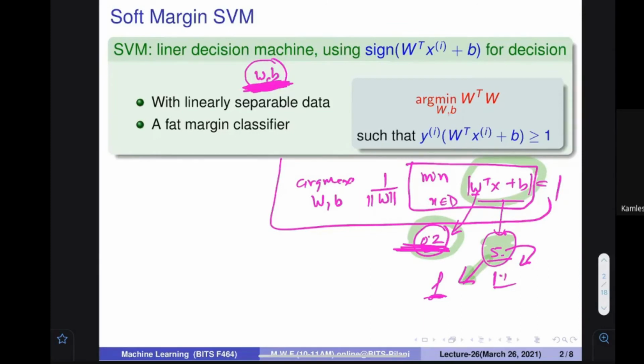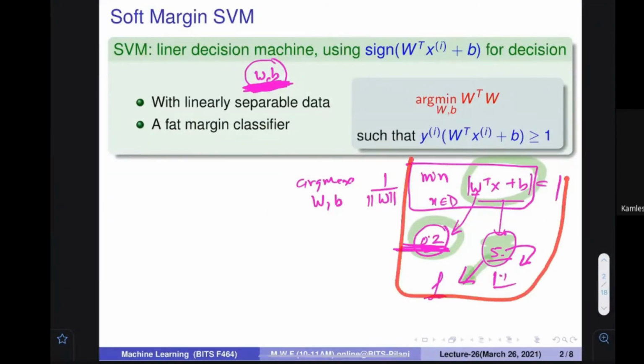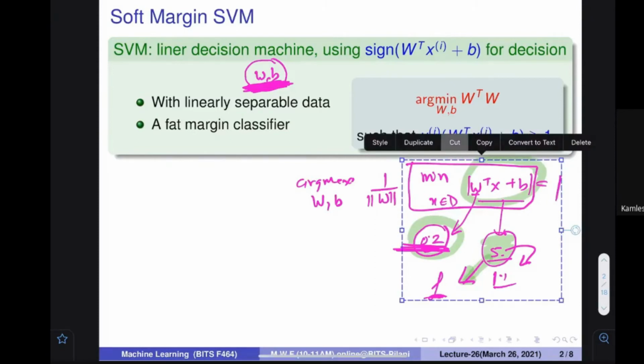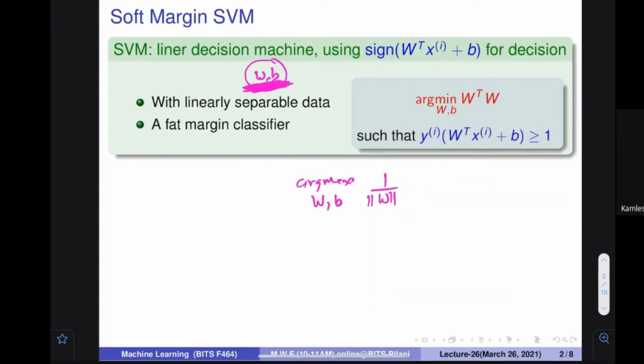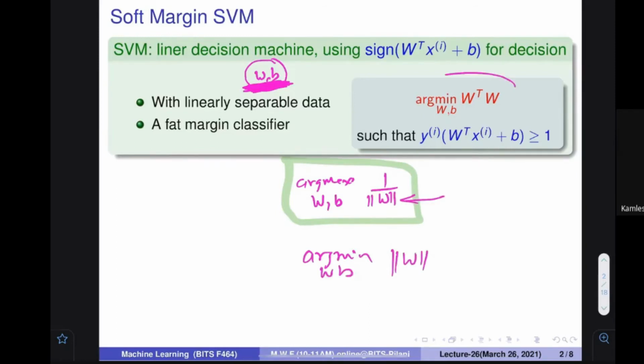Okay, the value is 1. Then this particular part becomes irrelevant, because we have fixed it to 1. So this particular part actually goes away. This equation simplifies in this way: we want to find the argmax of this particular quantity. Argmax of this quantity is actually argmin of W, because you are putting the W in the denominator, which is written over here. This is what we do in the SVM. Everybody is okay with this? This is what we do in the SVM.